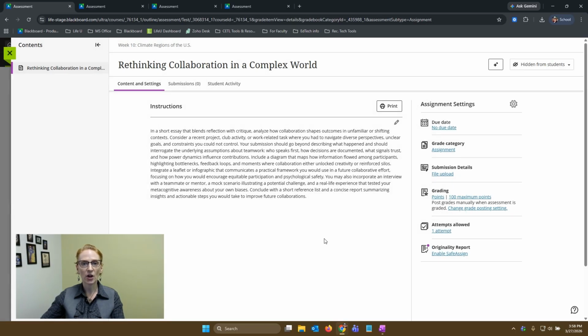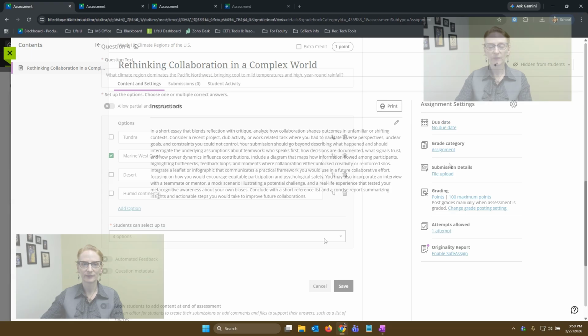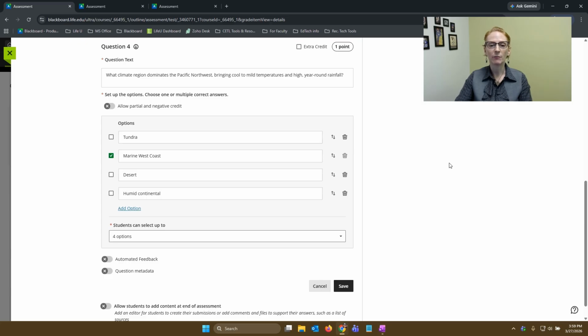Now both options are set by default, so if you don't mind getting both types of submissions, there's nothing you need to do. Next is a minor but important change to the way that multiple choice questions are set up. Here I'm looking at the current settings prior to April 2026 for a multiple choice question. And the really important one we're looking at is below the options where it says student can select up to,